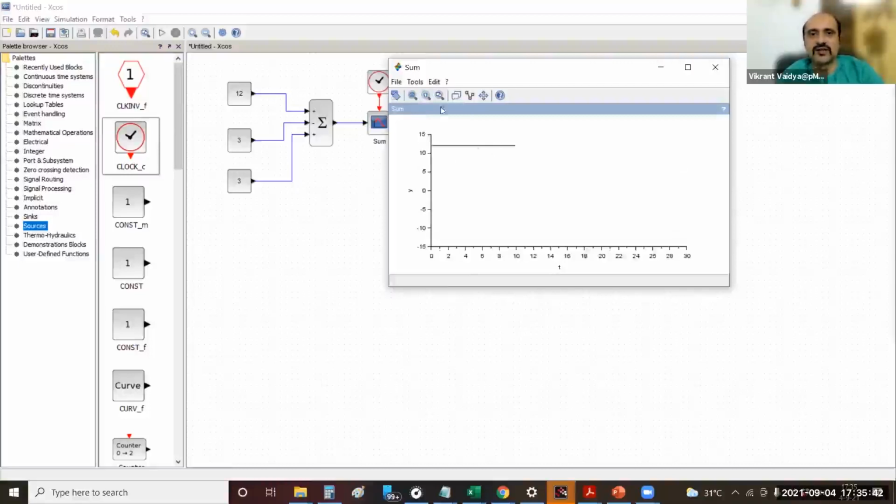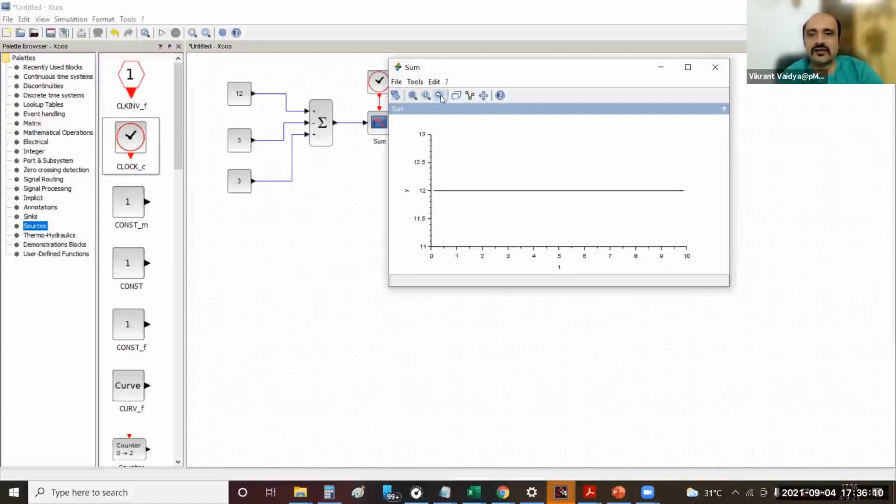Then you have rescale, reframe to contents. Sometimes what happens is you may have chosen minus 15 to 15 as your axis, but your plot is actually going to 40 or 50 or minus 60. Then you have to reframe to the contents. If you click on it, it will do the reframing for both x and y axis.